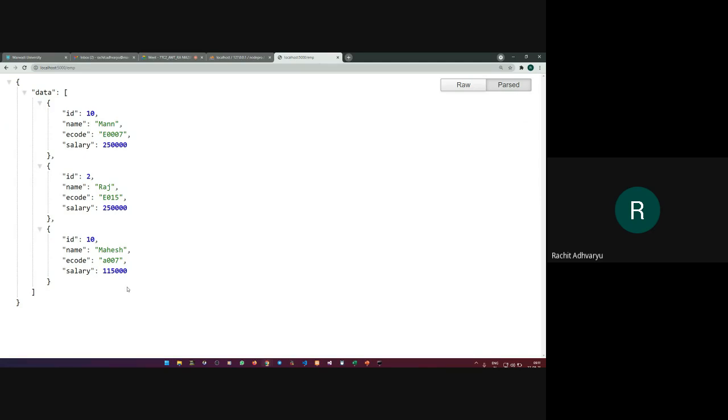Everyone clear with this? Sir, can we write any other variable name instead of data? No, you can, even if you want, but don't try it out because data is the inbuilt JSON component of online repositories. If you want, you can change, but data is generally what we use for fetching all the data from the JSON variables.